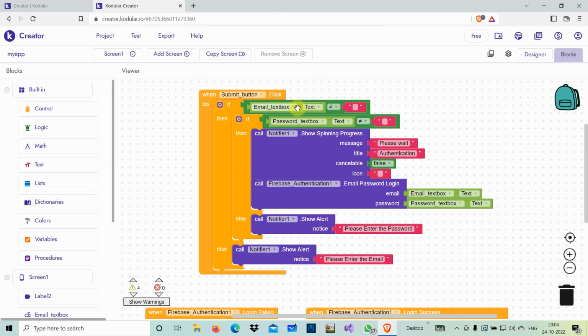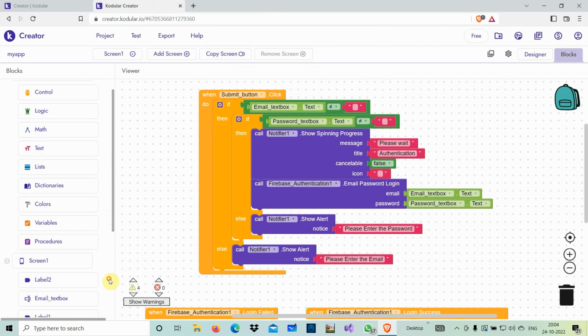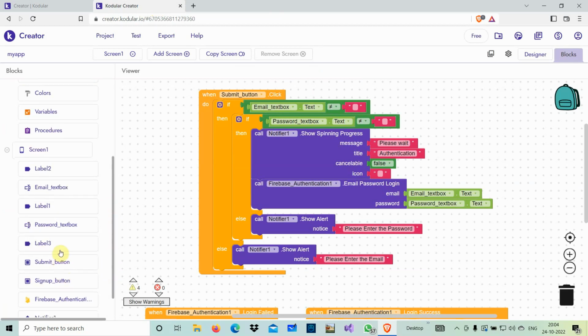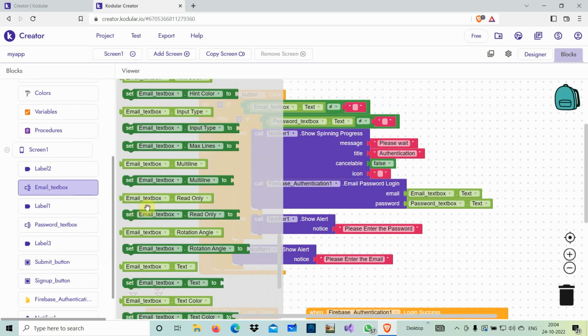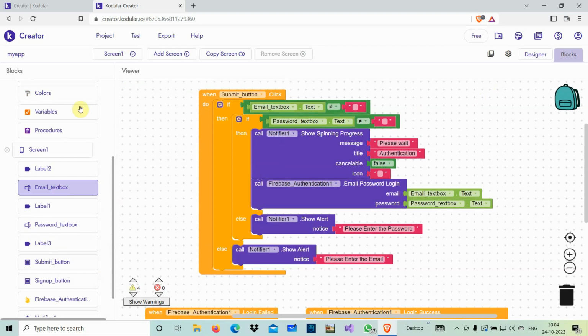Drag it, put it in this slot here, okay? Then there will be another slot inside that one. In this email slot, you check it here. Just one more time I will tell you: in the email text box, drag the email text box text and put it there. Another thing is that we are going for a condition, so you go for this